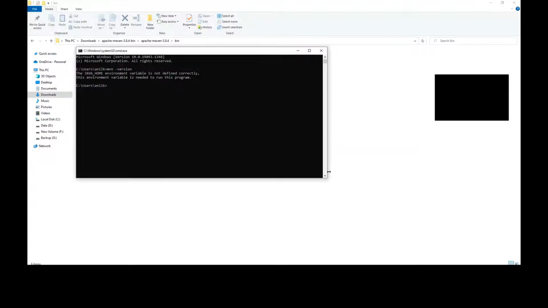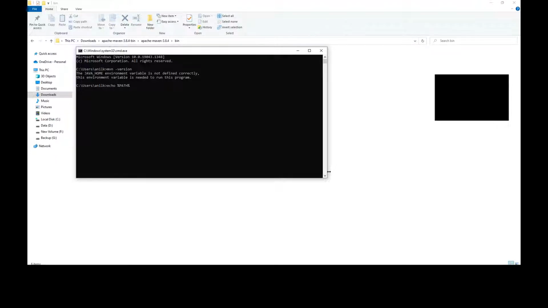Echo, echo space percentage, all caps PATH, percentage again.